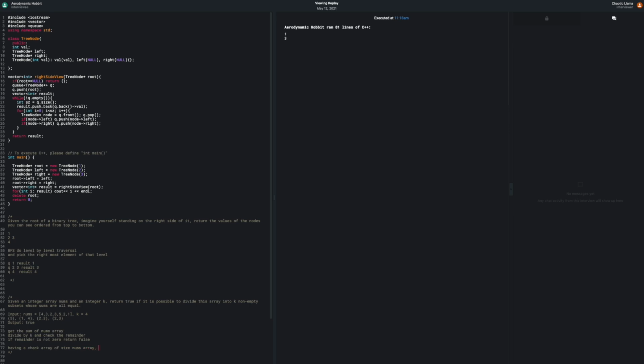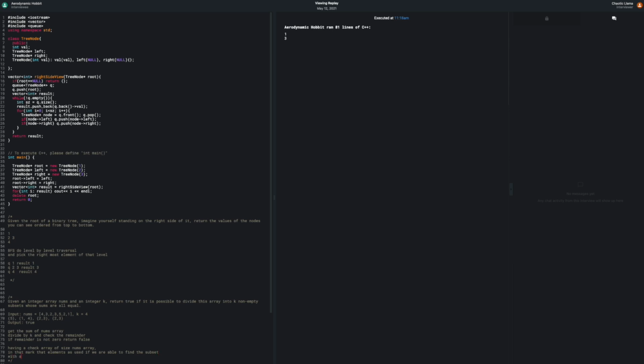In that I will mark that element as used if we are able to find the subset